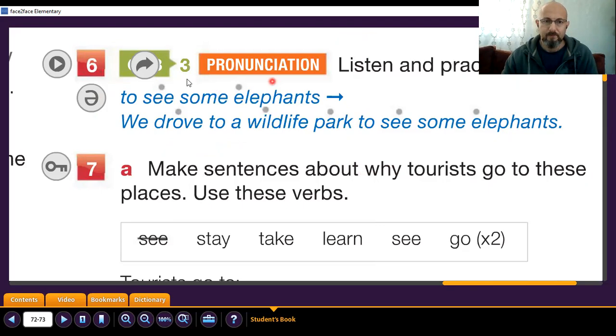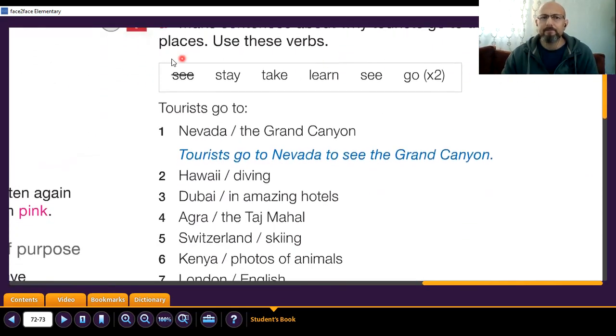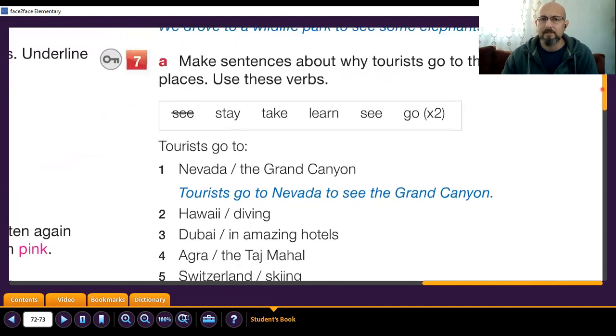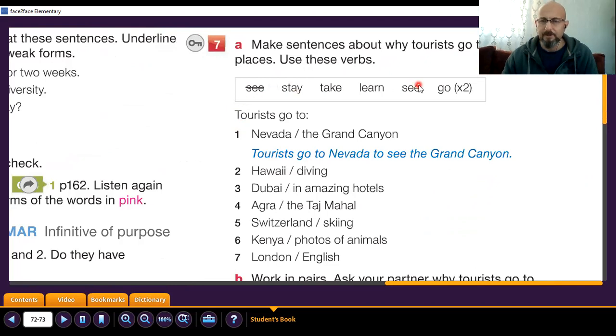Okay, where are we now? Now, we will make some sentences with these verbs here and sentences here. So the question here is, why do tourists go to these places? Why do tourists go to